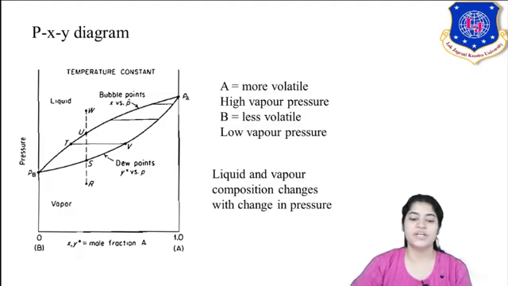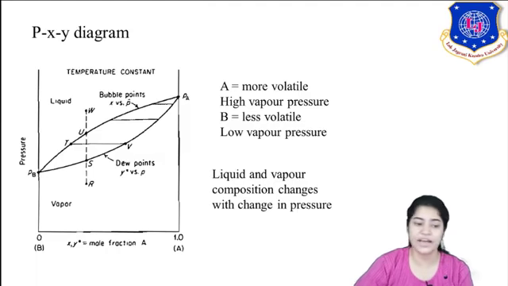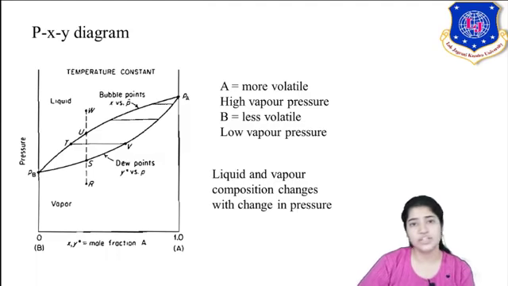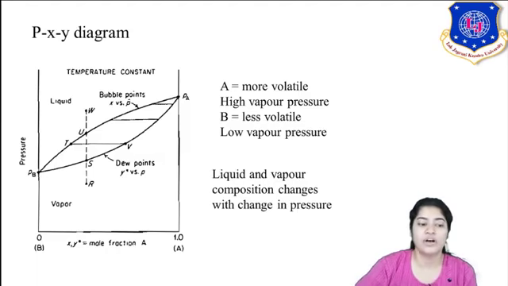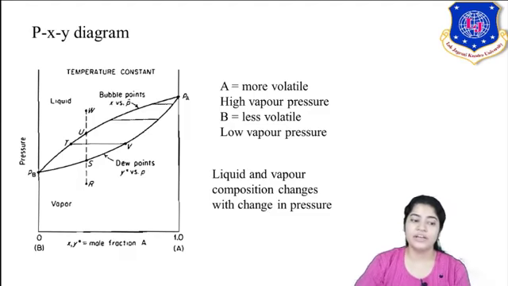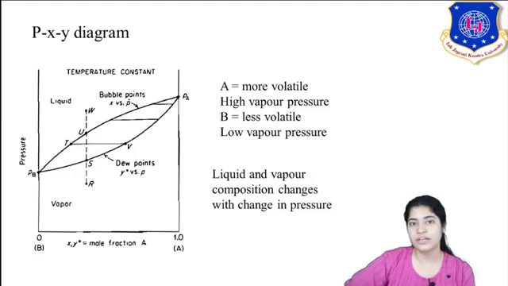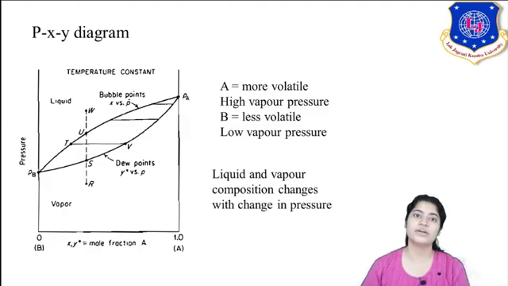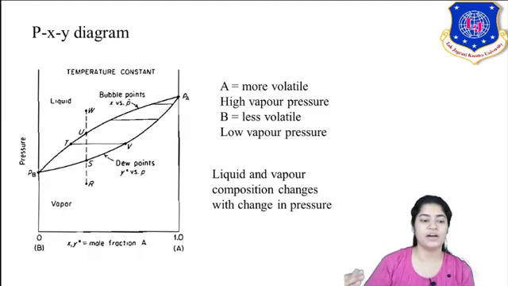Now here liquid and vapor phase composition changes with change in pressure. What I have done is I have kept my temperature constant, just like the TXY diagram. Now the above portion is liquid, whereas at bottom it is vapor. Here I have to convert liquid to vapor, so I have to decrease the pressure, okay? As I decrease the pressure at that temperature, my liquid will start to vaporize. So in the top area you have liquid, whereas in the bottom area you have vapor.